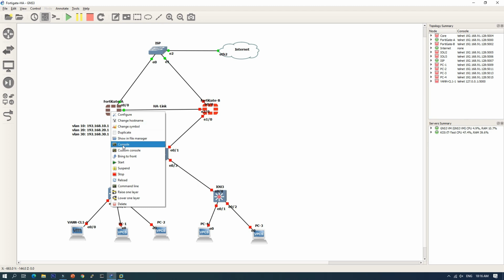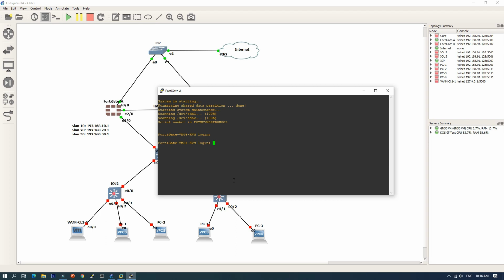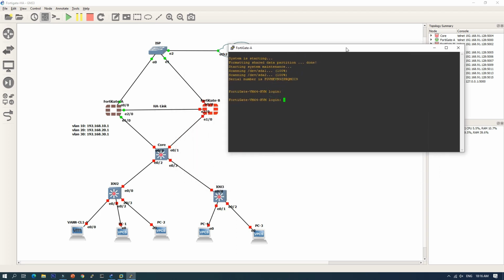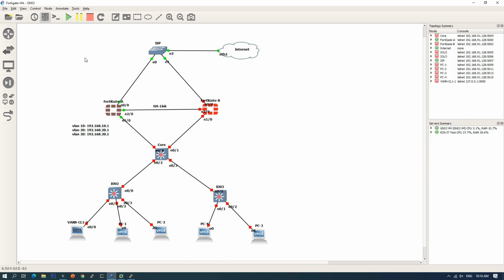Let's go to the FortiGate A. Okay, so let's go to the FortiGate A, and for the ISP we use 192.168.130.12.